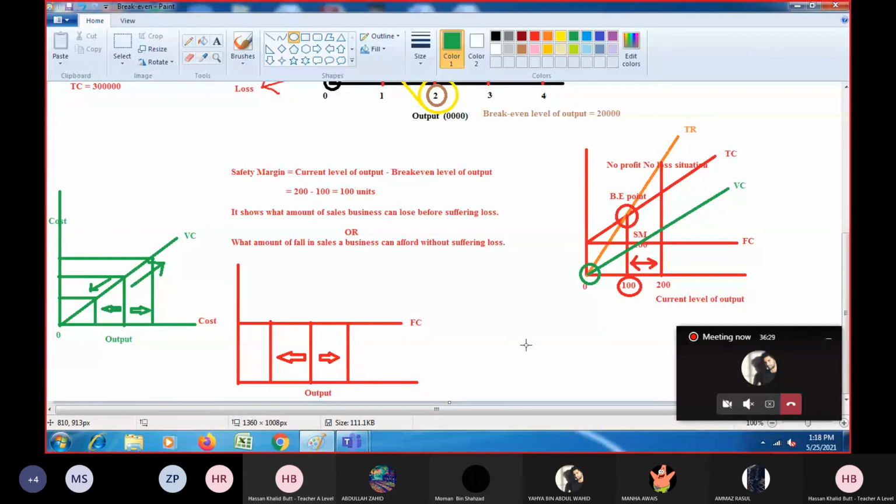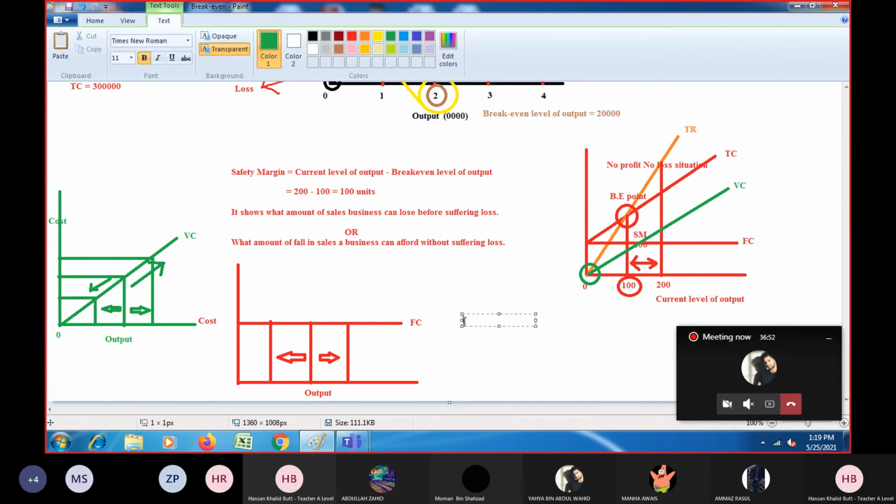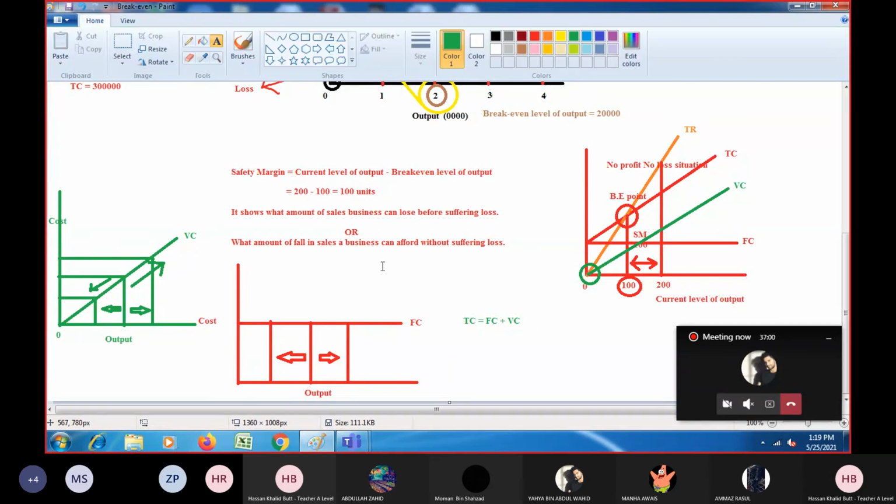So to identify, there is a simple rule, and what is that? Total revenue always intersects the total cost curve and goes above the total cost curve. Remember? And the variable cost curve never intersects the total cost curve, and it always remains below total cost. Okay, and why does it happen? Because you know that with the help of this formula, total cost is equal to fixed cost plus variable cost. So variable cost is one of the components of total cost.